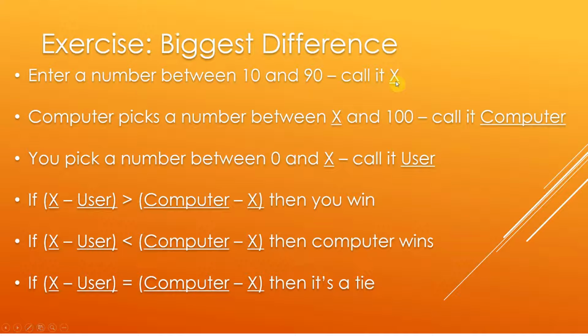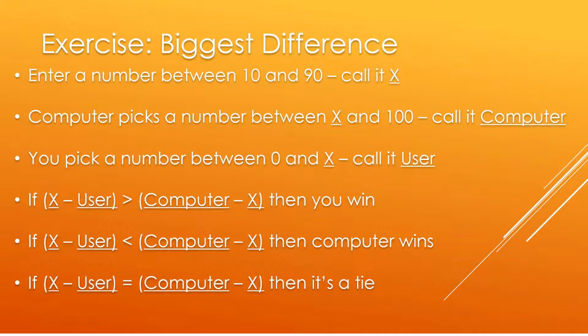This is going to be the starting number. It's going to be for a game between you and the computer. What you're trying to do here is choose numbers on either side of x. You're going to choose numbers below x. The computer will choose numbers above x, and then we will see who has the number that is furthest away